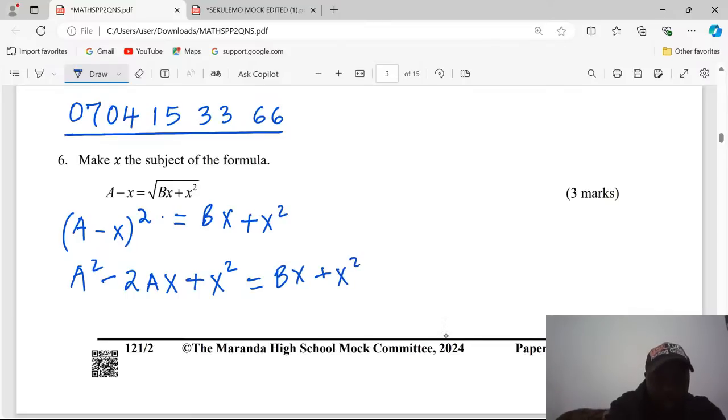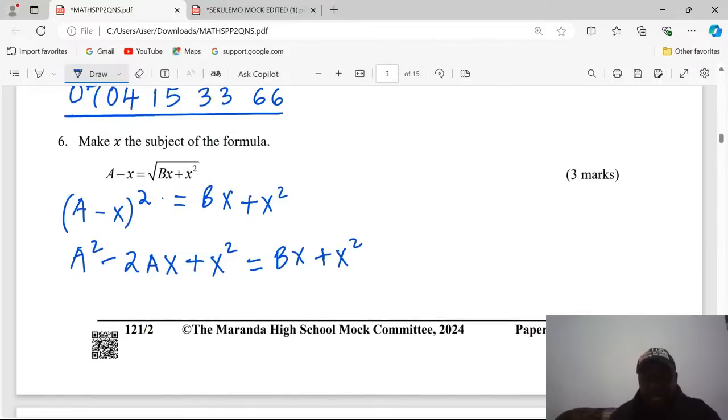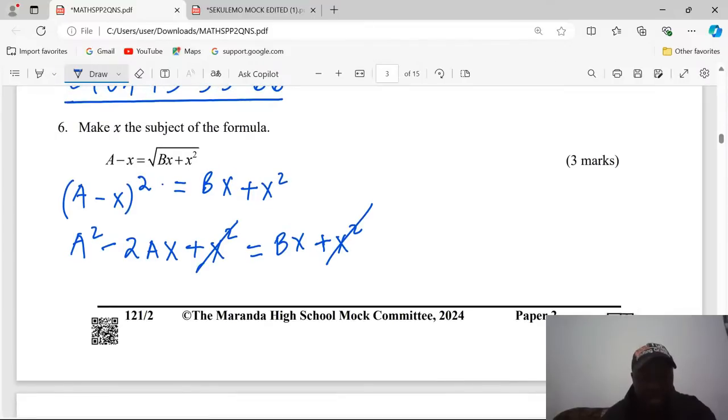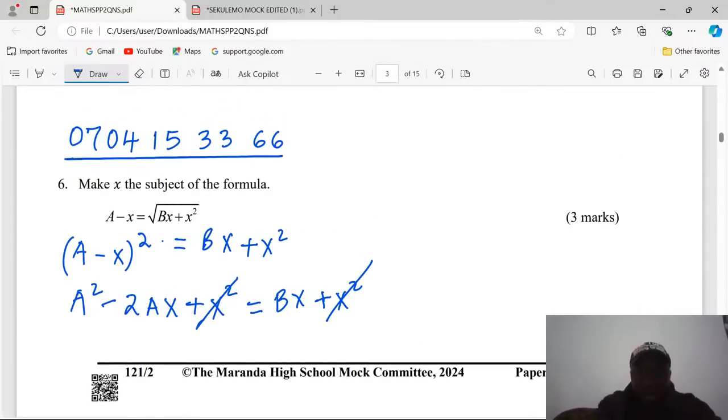Plus now x squared on this side. With this now, we can group like terms such that x squared and x squared will cancel out. This x squared and this x squared cancel out because they appear on both sides and they are positive in both cases. Remember, we are making x the subject of the formula, so we can remain with a